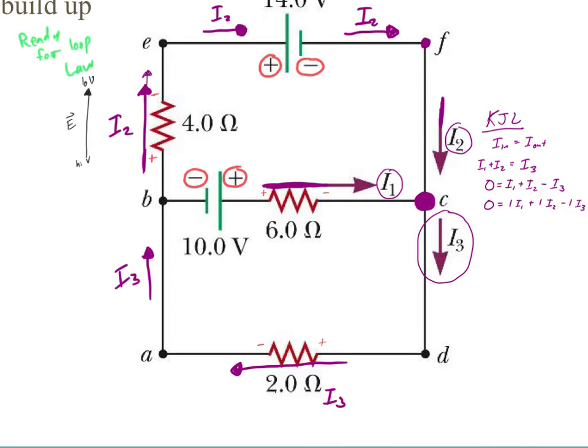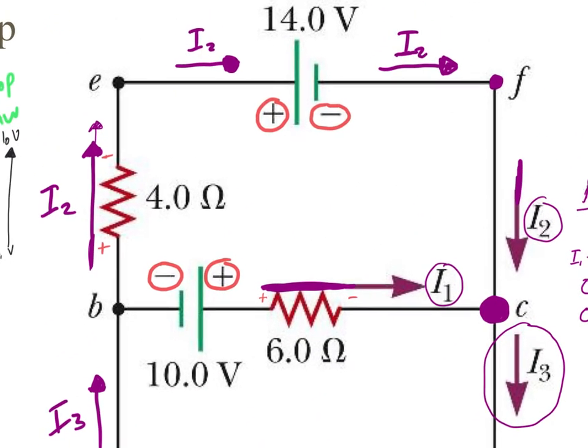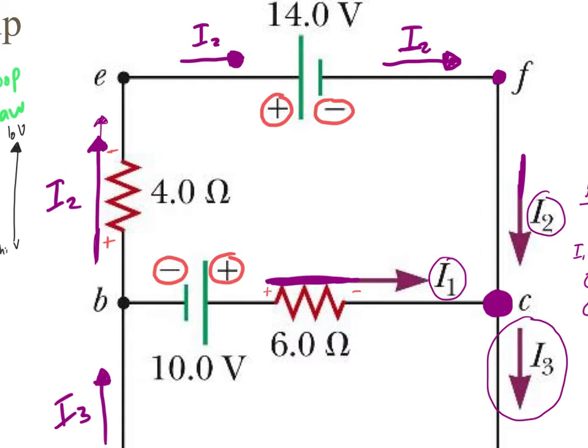Now that we have all of our highs and lows labeled, we can work on Kirchhoff's loop law. And I'm going to start with the top loop. Kirchhoff's loop law says if I add all of the voltages together in a loop, start at one point, go around, by the time I get to the end, back where I started, that should add up to 0 volts total. So 0 is going to be equal to,